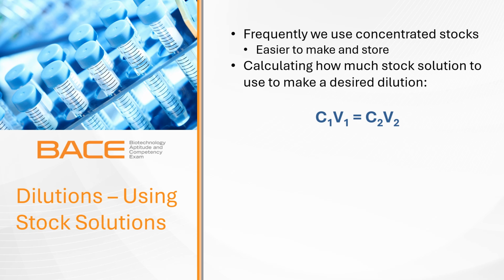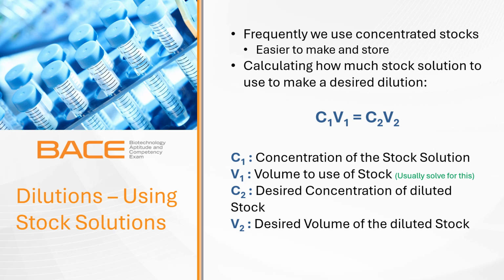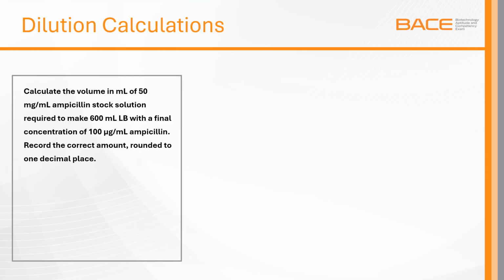C1 times V1 equals C2 times V2. This simply represents the proportional relationship between a concentrated stock and the final diluted solution concentration. Initial concentration, or C1, times the initial volume, V1, equals the final concentration, C2, multiplied by the final volume desired, V2. Normally, we are solving for V1, so we can rewrite the equation as V1 equals C2 times V2 divided by